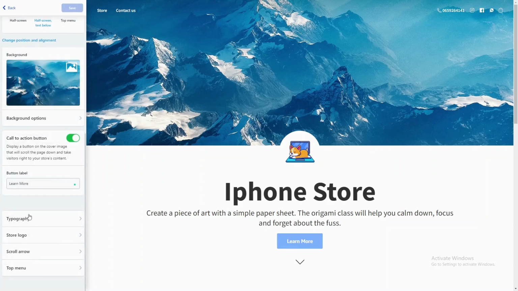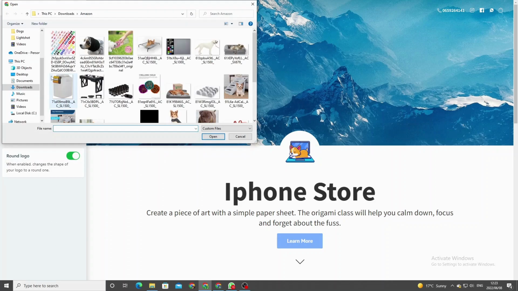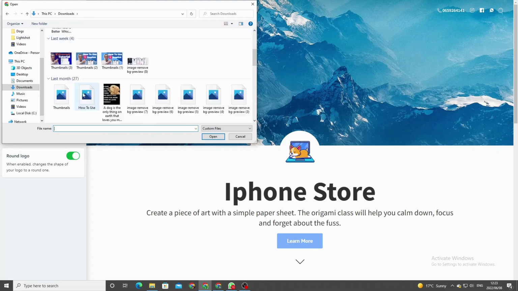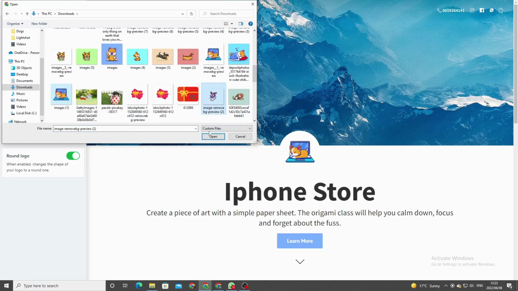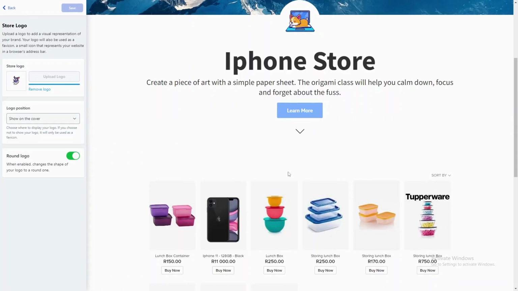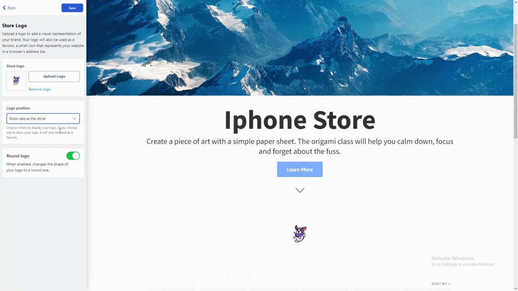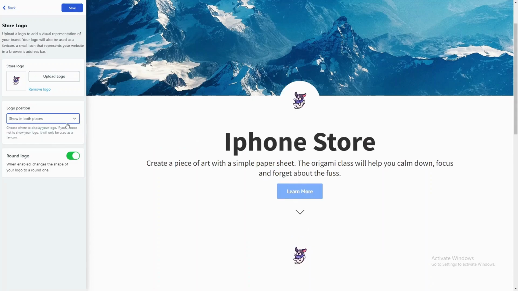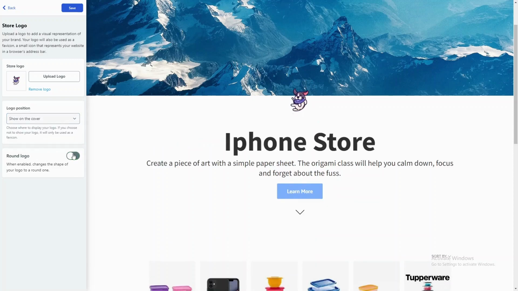Now you press back. Store logo. Now you're able to upload the logo. For instance, I've already uploaded a logo, so I can just add another one. Where's this one? Yeah, let me just upload this one, and then it's gonna come out here. There we go. Show on cover. You can choose where you want to show, at the bottom, both places, or don't show at all. So show on cover, round logo. This is the round logo, as you can see. Okay, save,